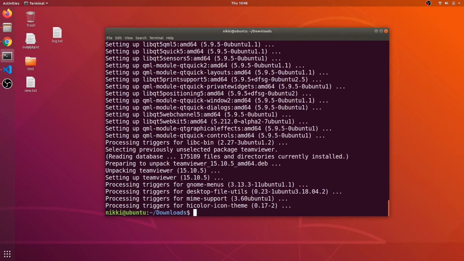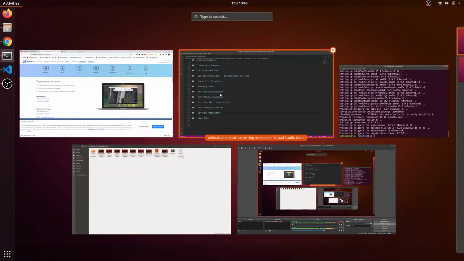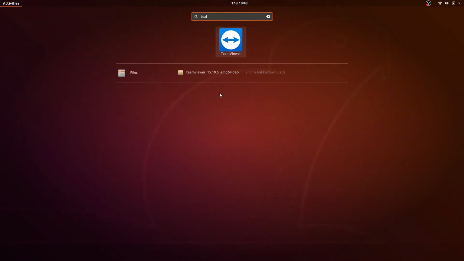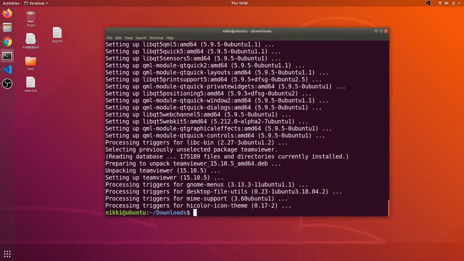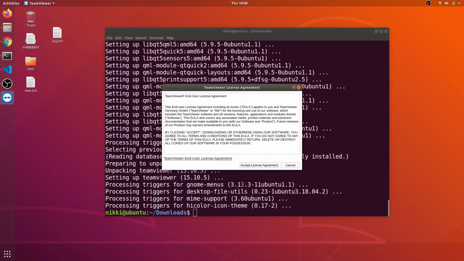So guys, my TeamViewer has been successfully installed. To access it, press the Windows button and search for TeamViewer. As you can see, there is the TeamViewer software, and press enter. Now it will ask for normal setup, accept the license agreement.